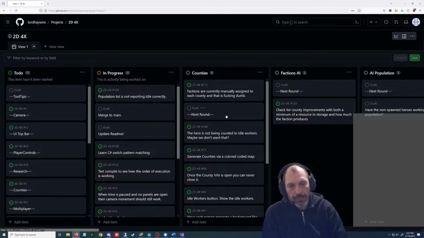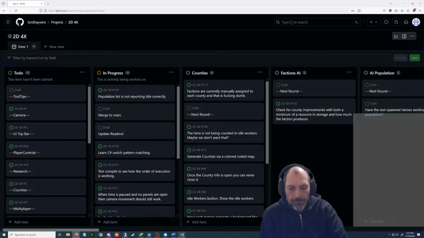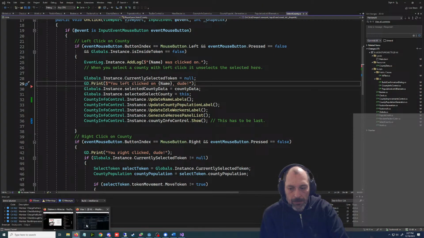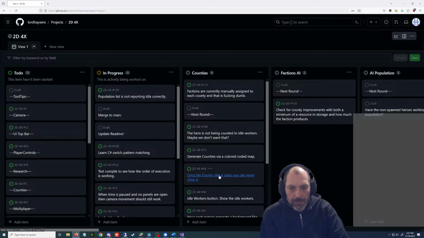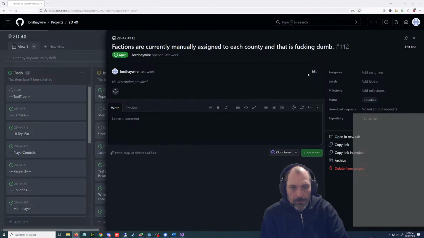All right, factions are currently manually assigned to each county, and that's dumb. I agree with myself. I know I did that joke earlier. I don't know how I'm going to do it differently right now. This kind of applies to this other way we're going to generate the counties versus the color maps. They'll be kind of generated by faction if we do it that way, and that's the plan.